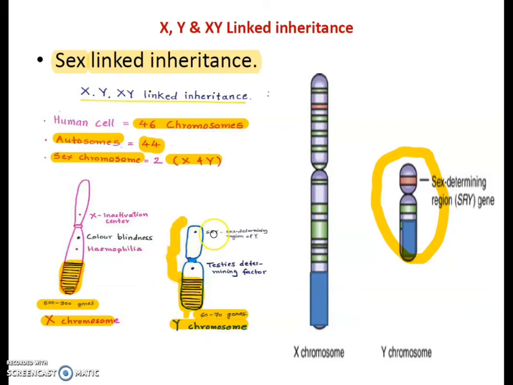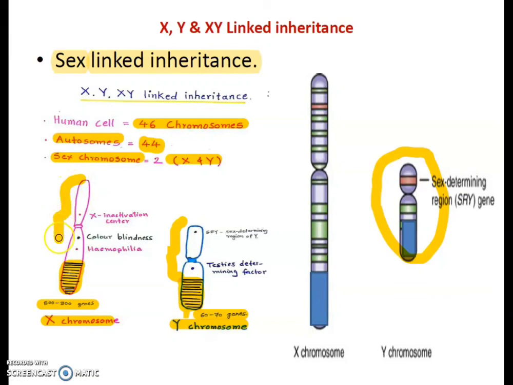is only present on the Y chromosome. The genes which are located on this region are called holandric genes, because they are only present on the Y chromosome and only in the male. The majority of these genes are testis determining genes as well as sex determining genes, which are present on this region, called holandric genes. Hol means only, andric means in the male, holandric genes. Why? This region is